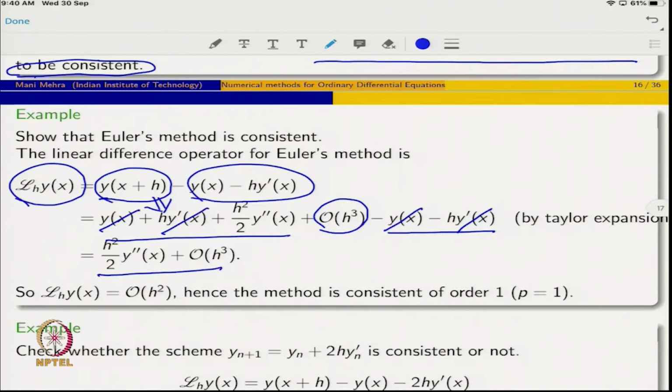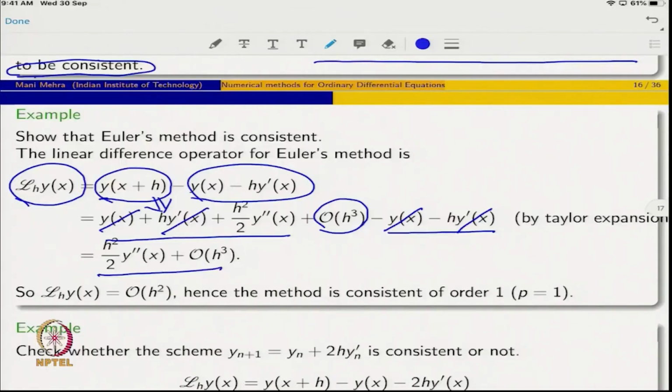This is just another way to look at the truncation error, because this way helps you: if some difference equation is given to you, you can prove whether it is consistent or not consistent. Another thing is that you can derive the method by fixing the template. Template means what points you want to keep in the method: x, x plus h, x plus 2h. In Taylor series that is not a very easy task, because you have to approximate y double dash x, y triple dash x.